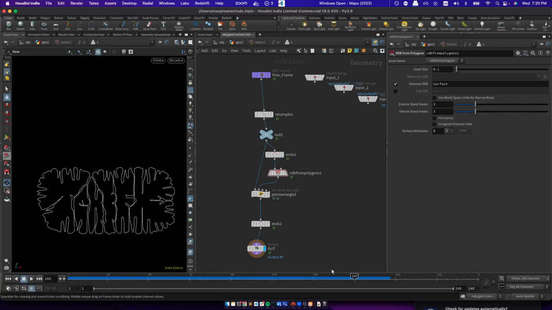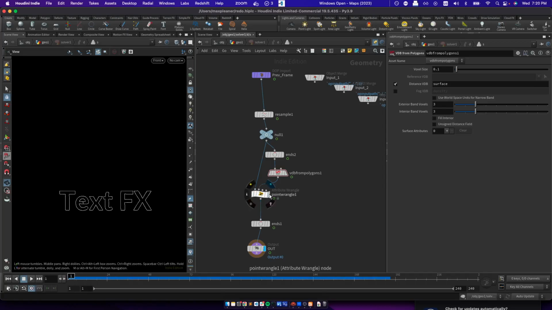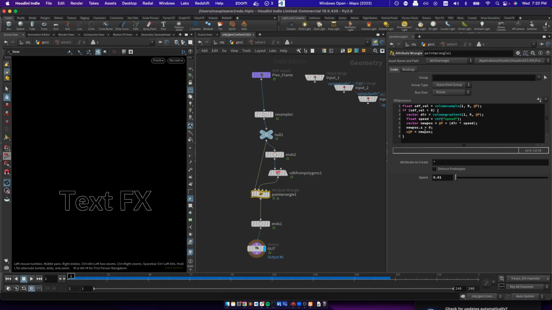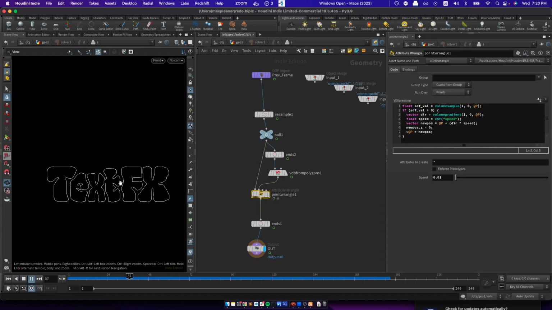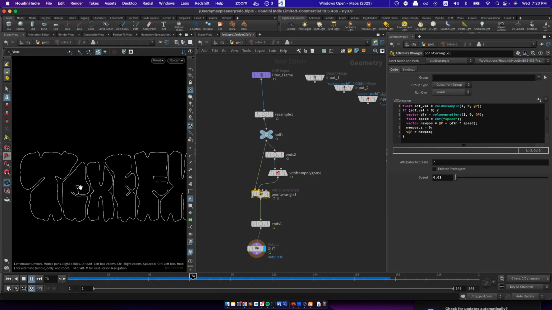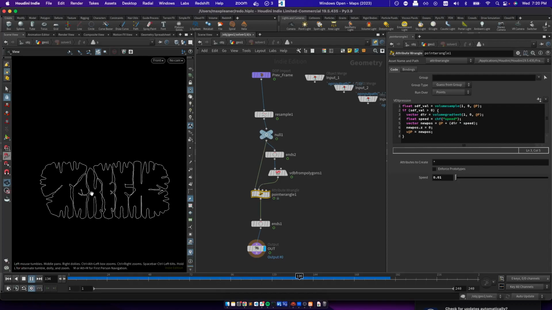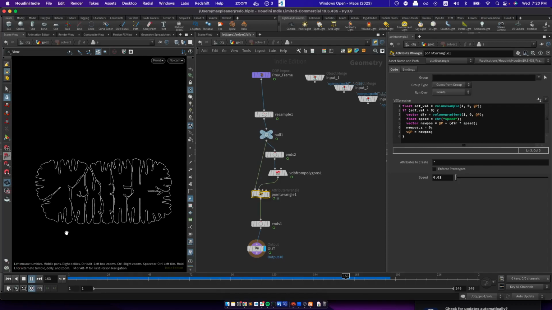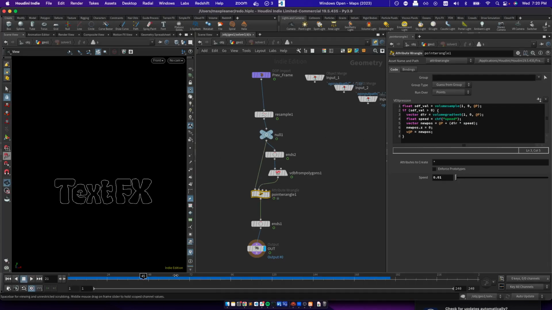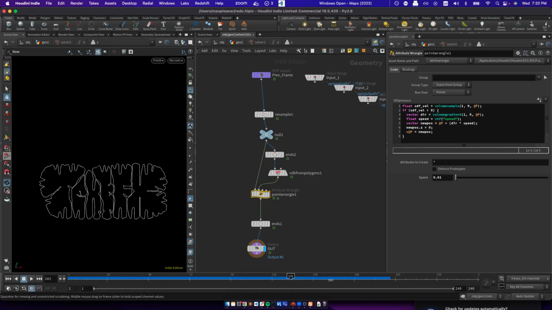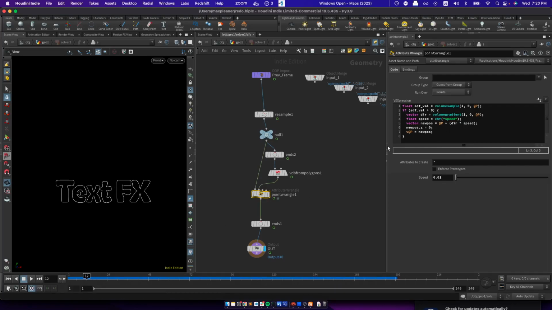Oh yeah, there was one other point of configuration, I suppose, which is about this direction of movement. This is a vector, but it's not a normalized vector. So these lines are not all moving at the same amount. You can probably see these ones out here are moving slower than these ones in here. I think that's because they are farther or closer toward the VDB, so they're moving at different rates. You can get a different effect by normalizing that, so I'm going to make that